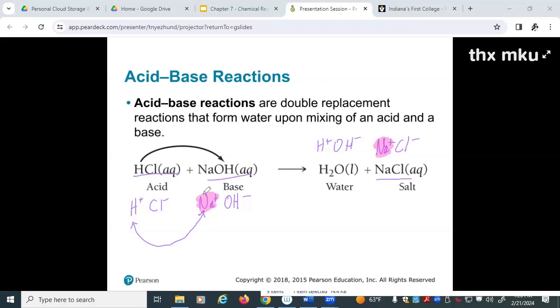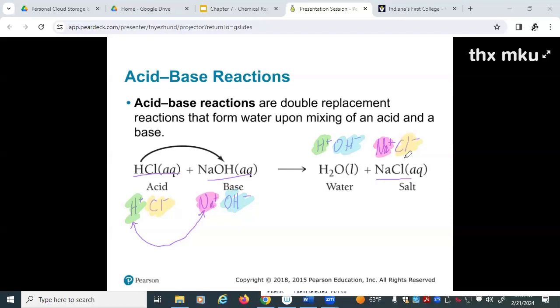I have one hydroxide ion on each side. I have one hydrogen ion on each side. I've got one chloride ion on each side. And since everything is already balanced ionically, I know I don't have to manipulate this equation. It's already balanced. So I don't have to add any 2s or 3s or anything else in here because everything's already taken care of. Now, this is a simple example,